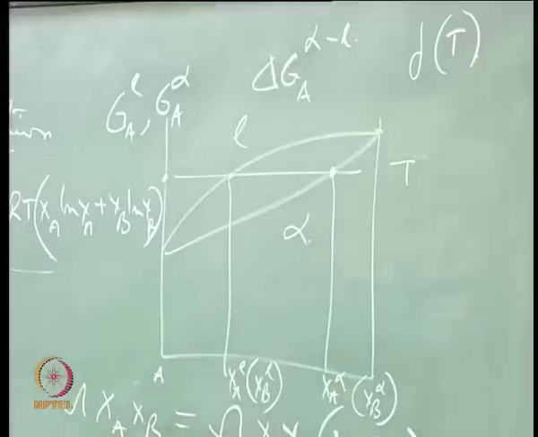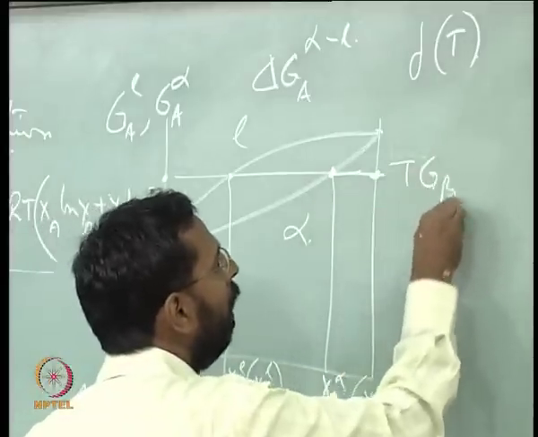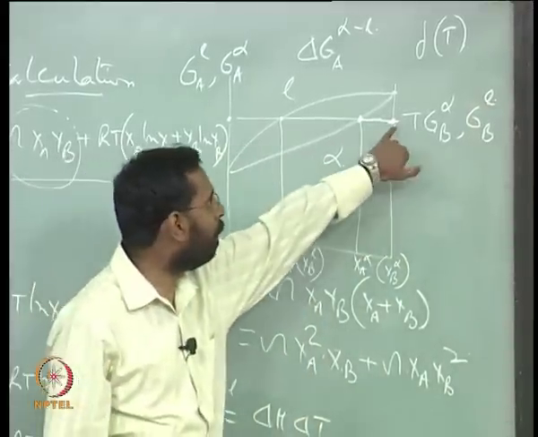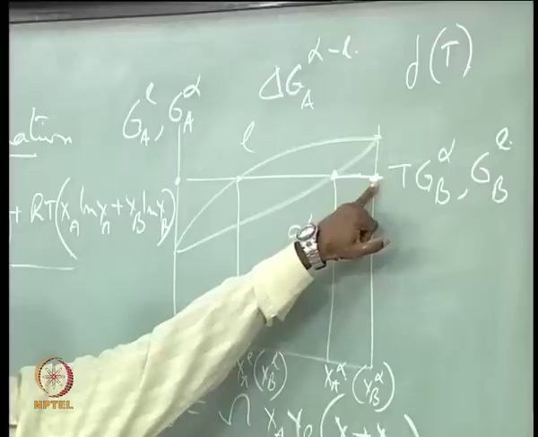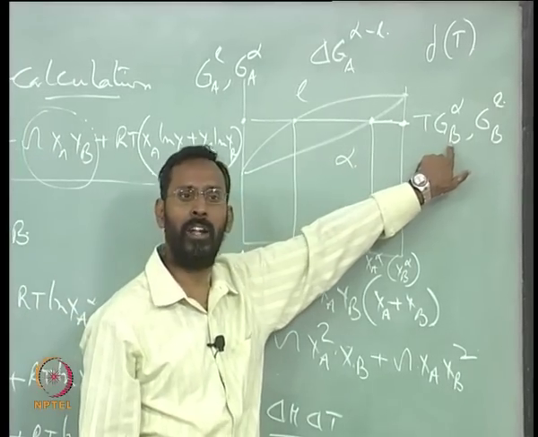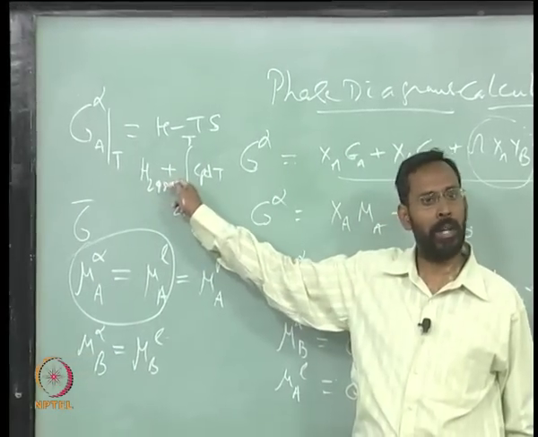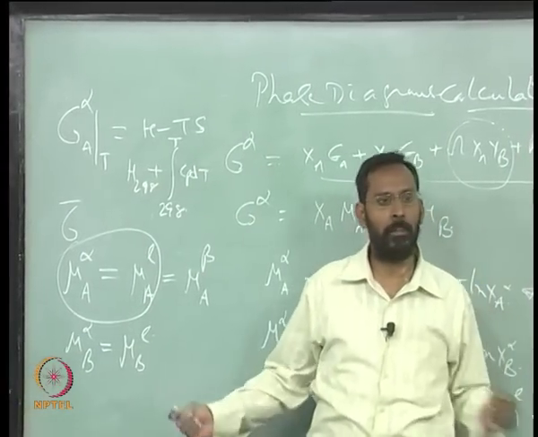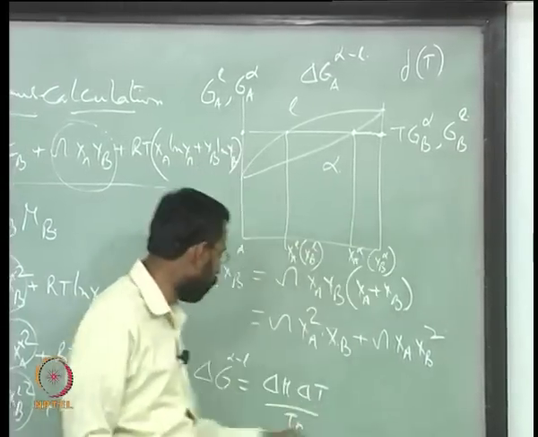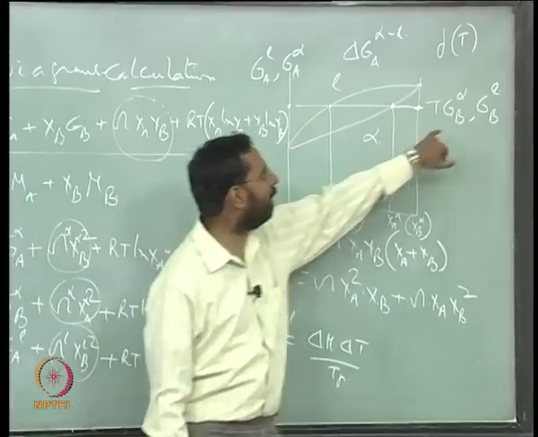Similarly, if I am at this temperature and want to find out GB alpha and GB liquid, again at this temperature what is stable is only solid alpha, liquid is not stable. So I calculate the free energy of the pure metal B in the alpha form. This is not a problem for me because Cp of the solid at that temperature is available, and from that I calculate GB alpha, and for finding out GB liquid I use a model like this. Once I know this model, I find out the delta G and add the delta G to this.